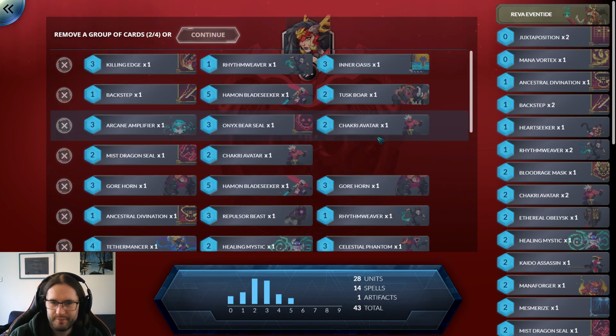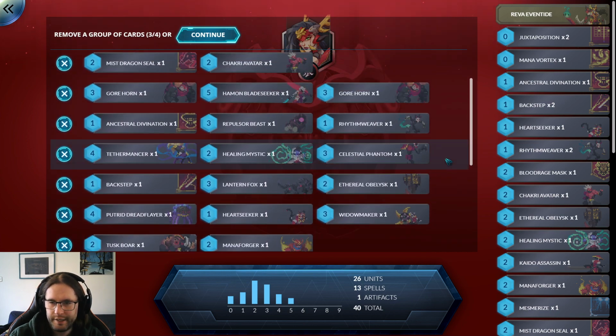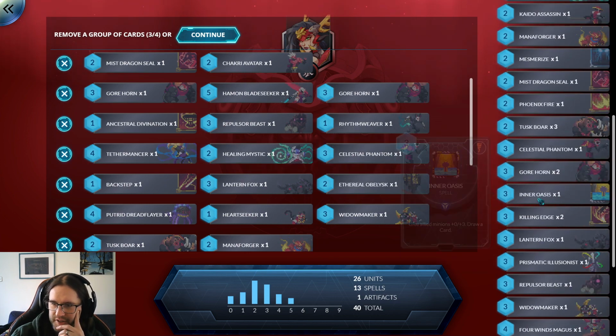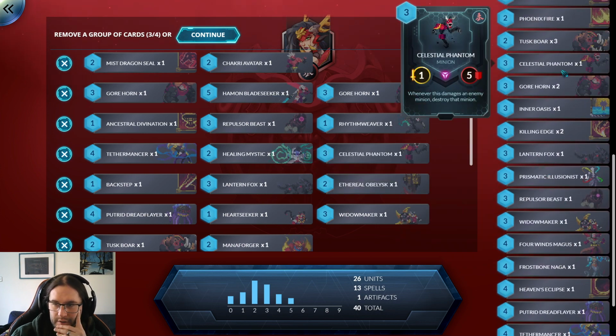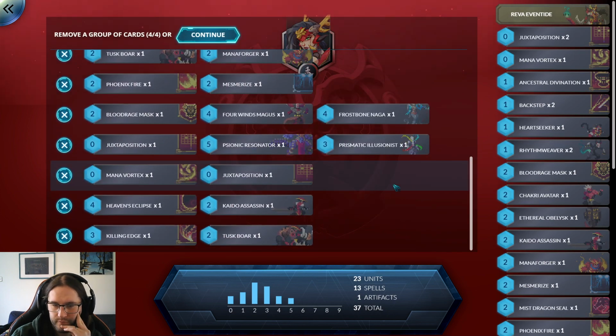Yeah, all right, let's risk it. We'll cut this pile. Or this bucket, rather. Tethermancer, Healing Mystic, Celestial Phantom. I think we can cut this. The Healing Mystic is nice to have, obviously. The Phantom is another answer to big minions, but it doesn't work out of hand. And I'd rather make the rest of our deck, like the actual engine, more consistent. So let's cut these. We still have a little bit of healing with the 4 wins, so...